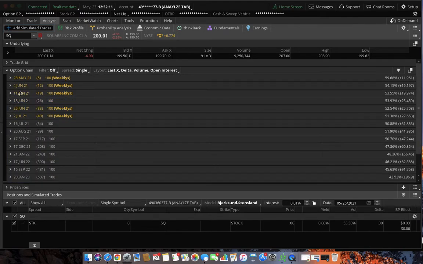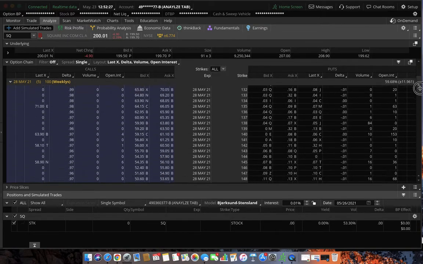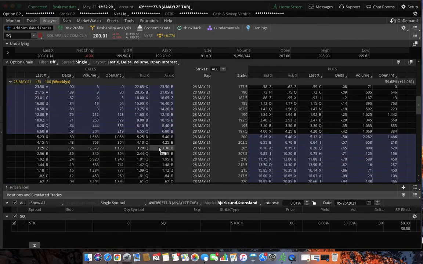So I can go ahead and toggle through and say, well, do I want an option 26 days from now, or maybe I want a quick trade. I think it's just going to go up higher, and I want to get in and get out. So if that's the case, you could always, by the way, look at different strike prices to see how they profit or lose with time decay and how much profit you're going to be making, buying a 64 or 71 delta call